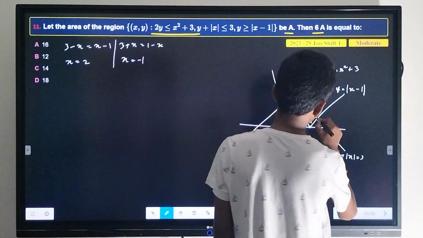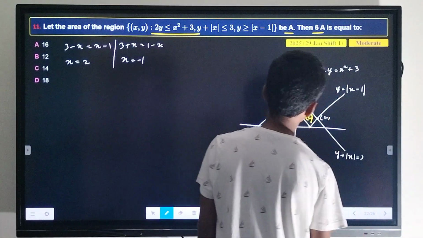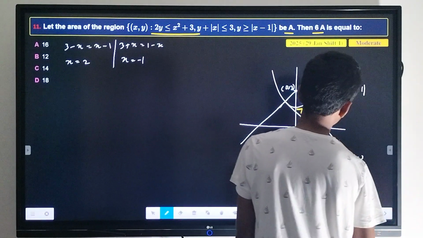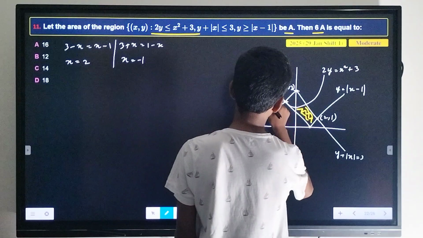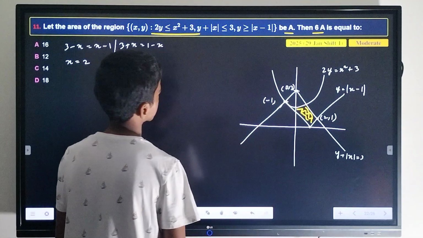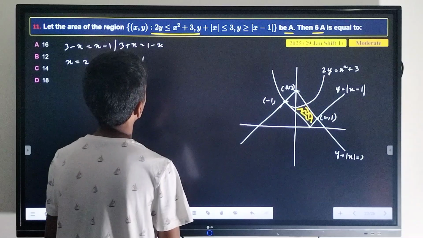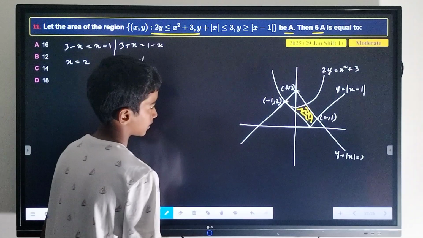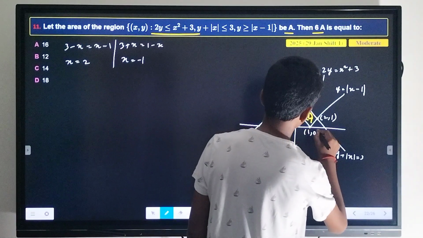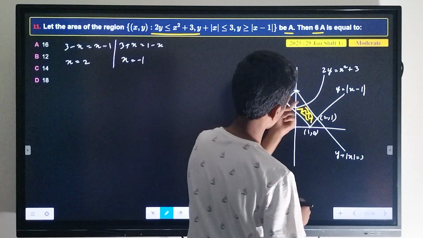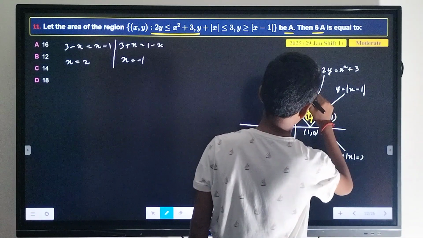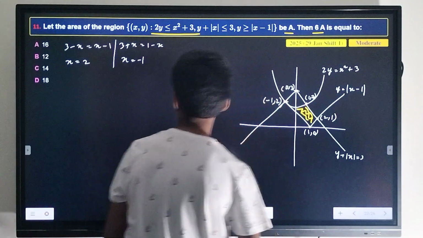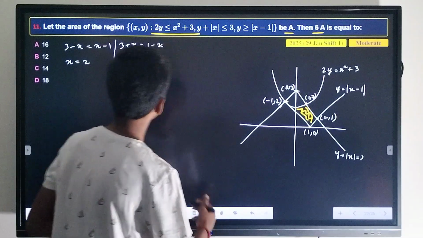So this point will be 2 comma 1, and this point will be minus 1 comma 2, and this point is 1 comma 0. If this is minus 1 comma 2, so this point will be 1 comma 2. Let me check it. Yes. So now our required area